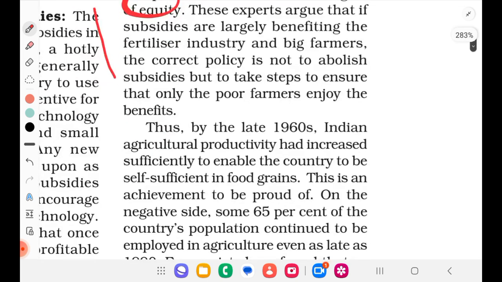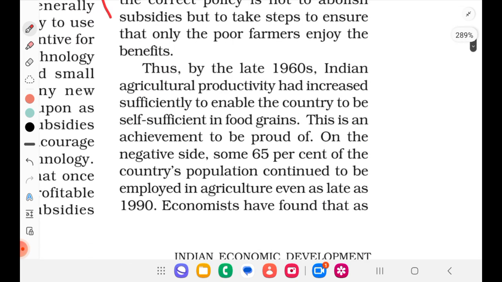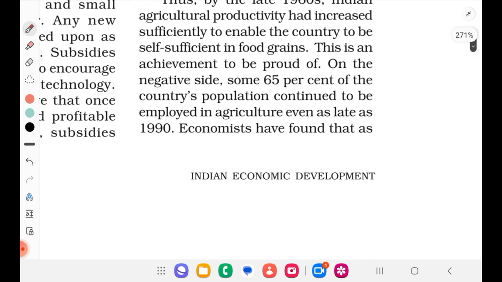Thus, by the late 1960s, Indian agricultural productivity had increased sufficiently to enable the country to be self-sufficient in food grains. This is an achievement to be proud of. On the negative side, some 65% of the country's population continued to be employed in agriculture even as late as 1990. Economists have found that